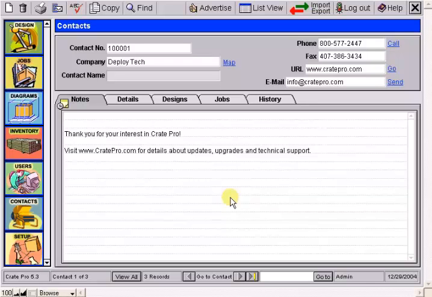Contacts is a basic contact management tool, but like the other modules in CratePro, it's here to assist in rapid and accurate crate design management. Now, contacts is broken down into 4 major features. Details about the contacts themselves,